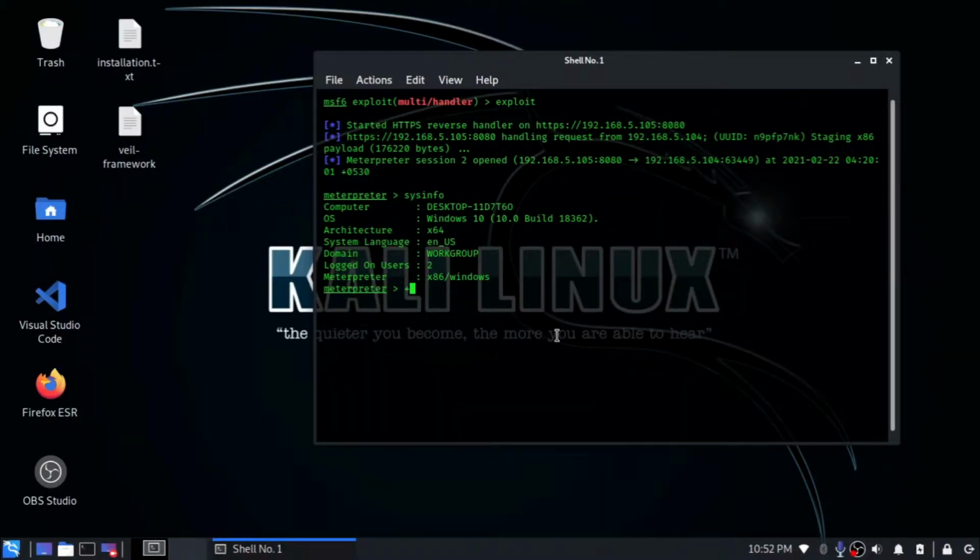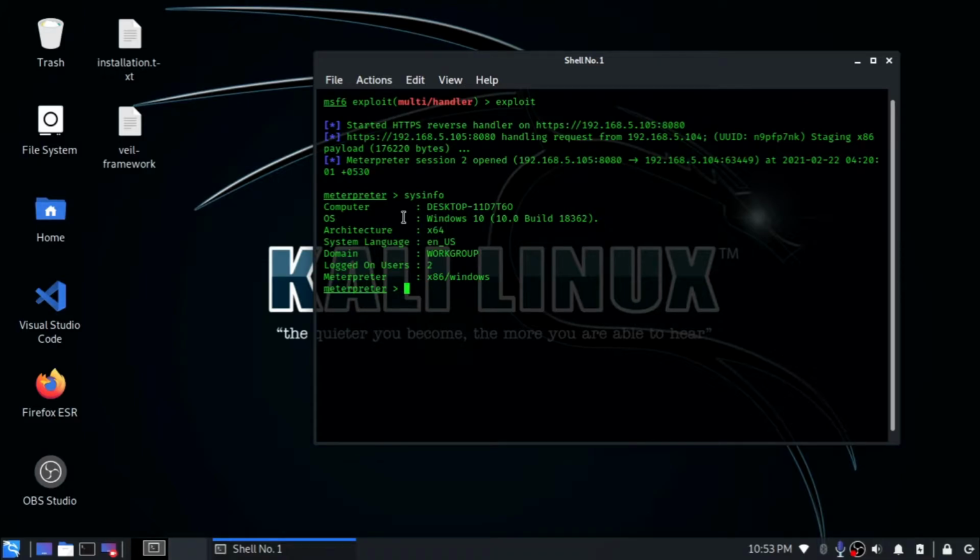So hello guys, in the last video we saw how we can get a Meterpreter session by listening to incoming connections from our Kali machine using Metasploit framework. So in this session we will explore some options which are available in Meterpreter which we can use after getting a Meterpreter session. So let's see what options we can use. I will tell you about some basic options, and the rest you can explore by yourself.